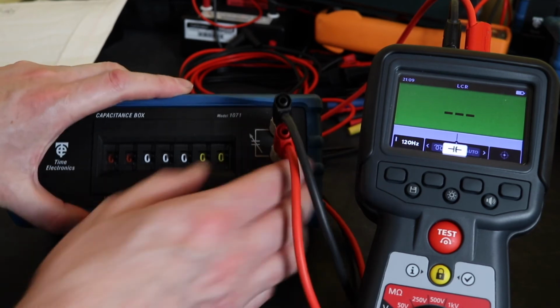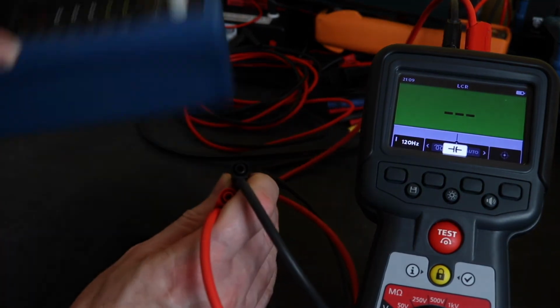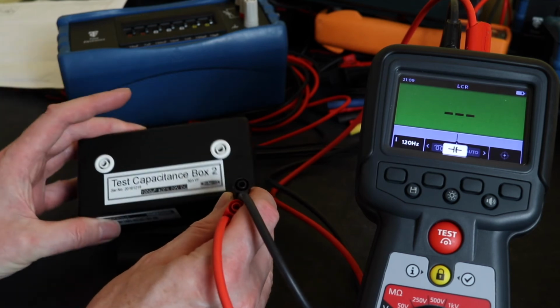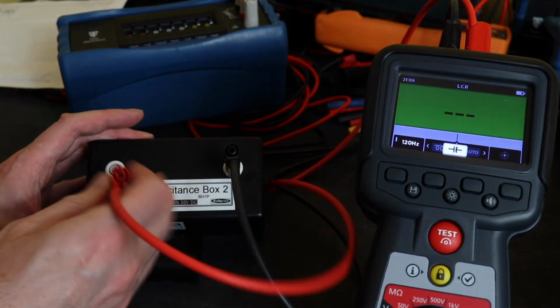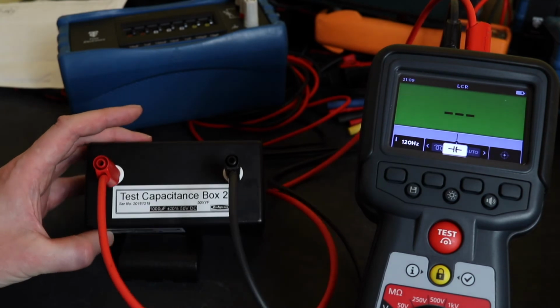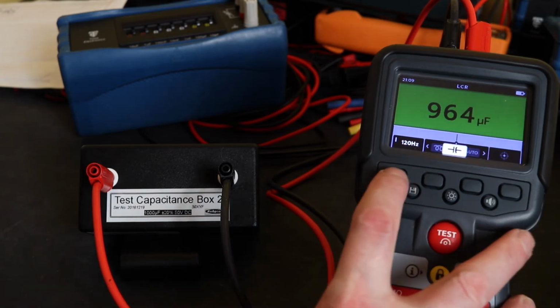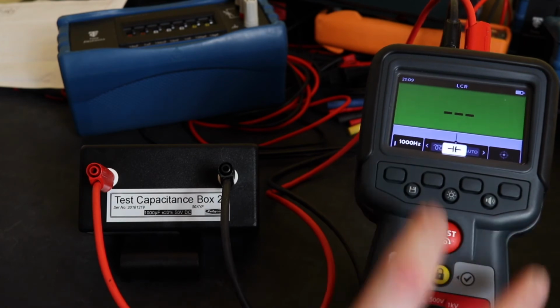Yeah, it certainly doesn't like the bottom end, does it? So this is its maximum value it can withstand, which is 1 millifarad. And you can see against the 1 millifarad it is quite a little bit out. 964, 120 Hertz. That's just